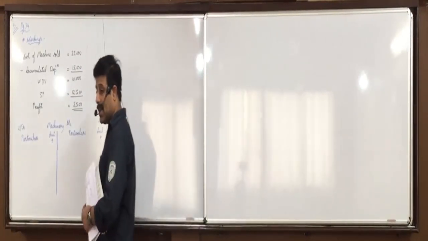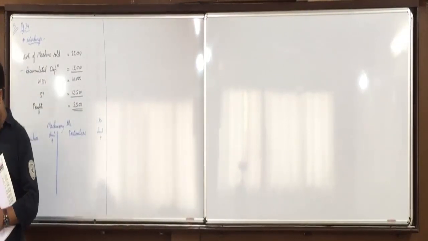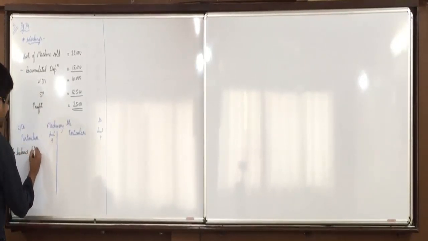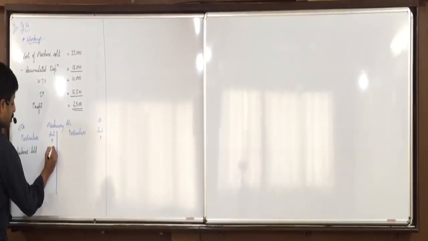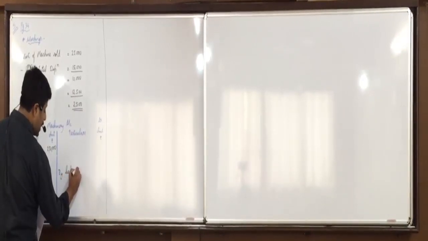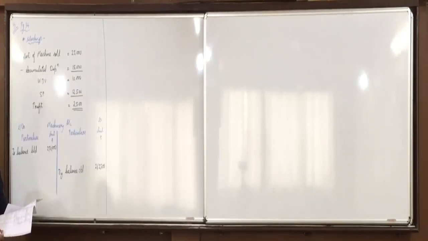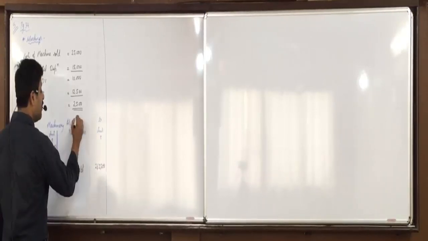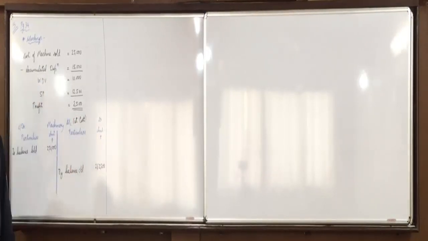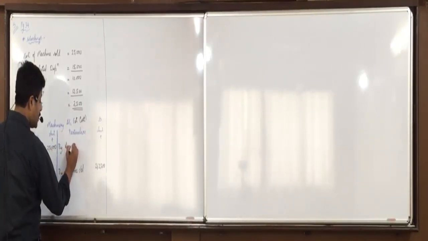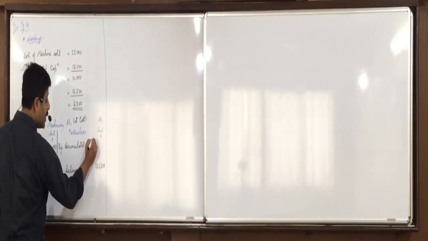Now this we have practiced a lot in the last chapter, at cost as well as at WDV. So Arpan, opening balance of 2,50,000 will come on debit side, to balance brought down 2,50,000. Closing balance will come on credit side, by balance carried down 2,62,500. Now, when you make it at cost, which depreciation do you write on credit side? Accumulated depreciation of asset sold. And when you make it at WDV, which depreciation comes on credit side? Current year's depreciation. This is at cost. So by accumulated depreciation of the assets sold, that is 15,000.